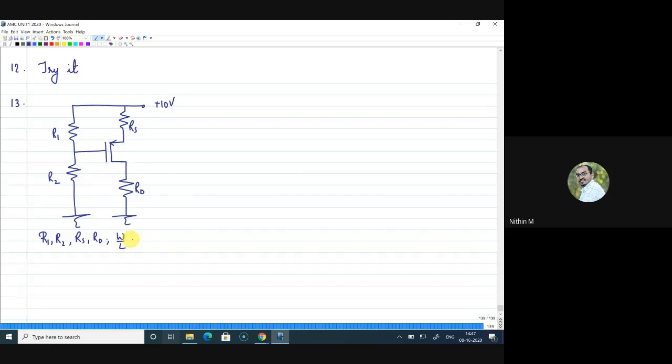What is the meaning of that? What else is given? It is given that ID equals 1 milliamp, VD equals 3 volts. Also given that the threshold is -1, and Kp dash W by L is given, so no need to find it again: 0.25 milliamps per volt square. One more thing is given: you have a voltage divider R1, R2, assuming the current through that should be 10 micro. No current can flow into the gate, so the same current will be flowing here as 10 micro.